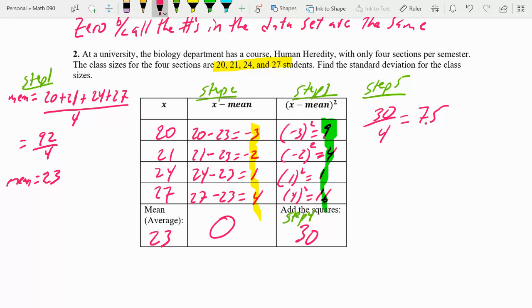Then step 6 is when we actually find our standard deviation. So it is equal to the square root of 7.5. So our standard deviation is approximately equal to, since this is the last problem, let me at least try to write it a little bit neater, 2.74. And since they're talking about students,